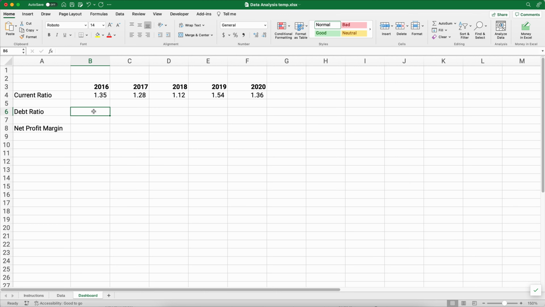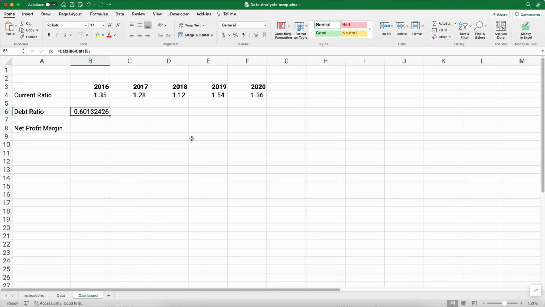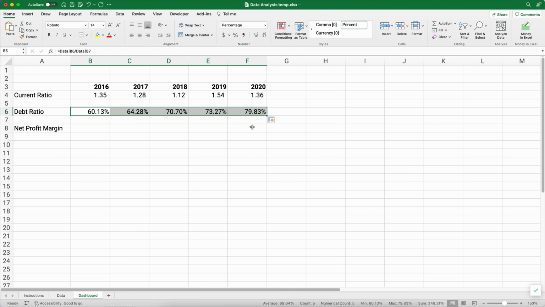So we're going to take the total debt, which is the same thing as total liabilities, right? So 193 billion divided by the total assets of 321 billion. So that gives us a number, and we're going to show this as a percentage and give us two decimal places there. So 60.13, and we can copy it then across just like that. So what we see is, and we'll look at the numbers here in just a minute, this number is growing. The current ratio was kind of, it went down a little bit and then it went up a little bit